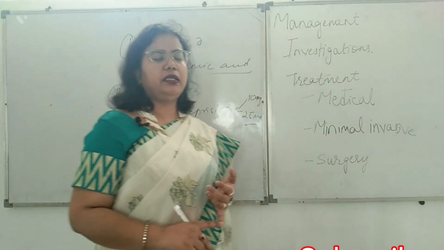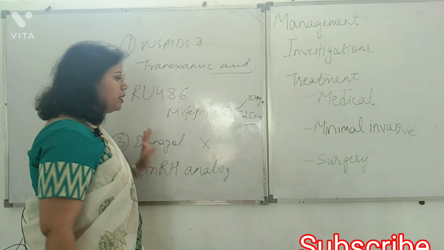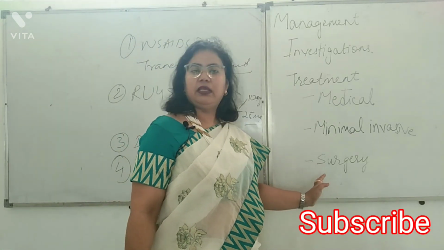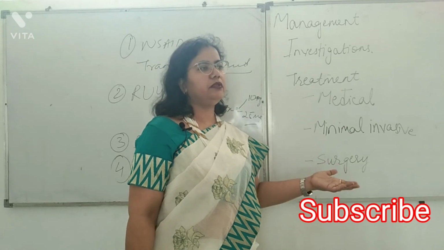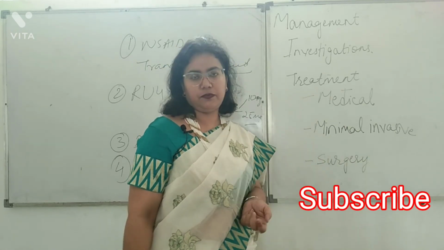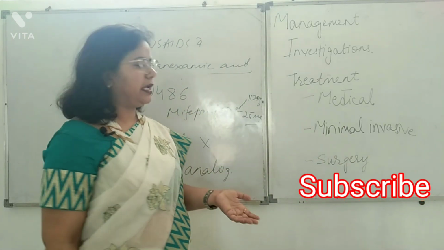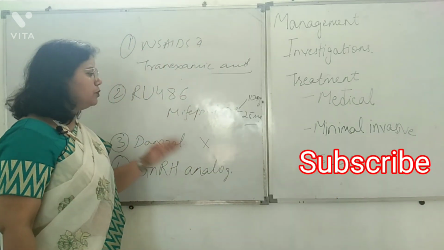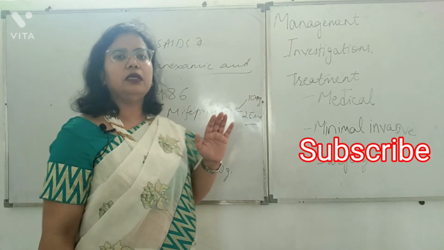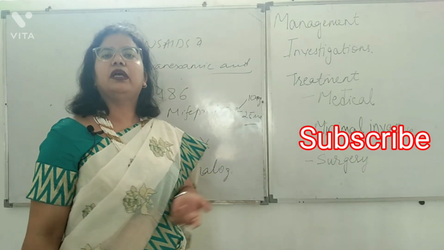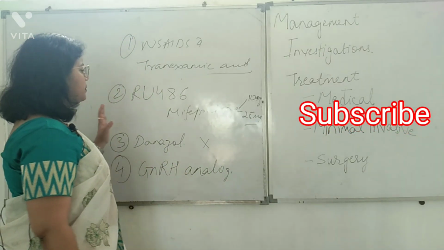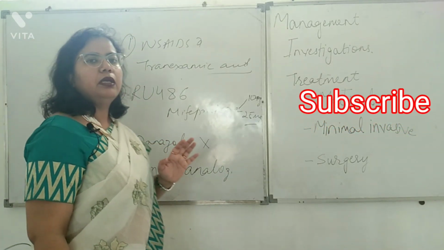Number 2, what is the other indication? You want to put her to surgical treatment, but maybe she is anemic and you don't want to give her blood transfusion, and you want to gain time to build her hemoglobin, and meanwhile you also want to reduce the size of the fibroid so that the surgery becomes easier. So these are the 2 conditions where this medical management has to be used.